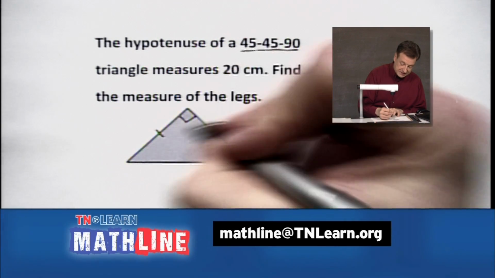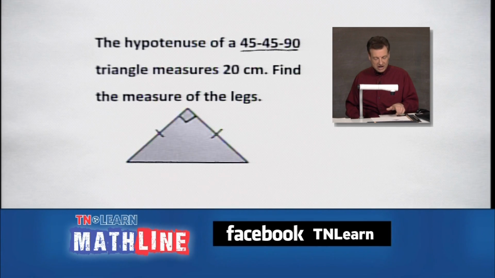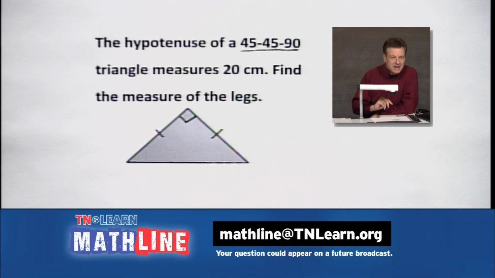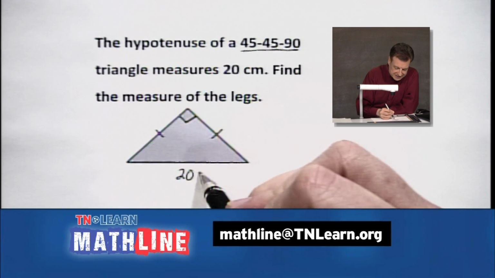It's still isosceles, and trust me, you'll see triangles that look like that in that shape. They don't always have to sit on their side or face left or right. You can talk about them facing any way you want. This one we are going to look for the legs, but we've got a hypotenuse down here of 20 centimeters,